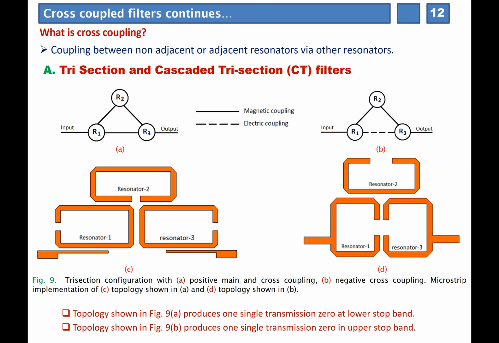And sir, how can we get the insertion loss in HFSS or CST? That is completely a simulation technique. Insertion loss means S21. You can directly get it in the S parameter plots.